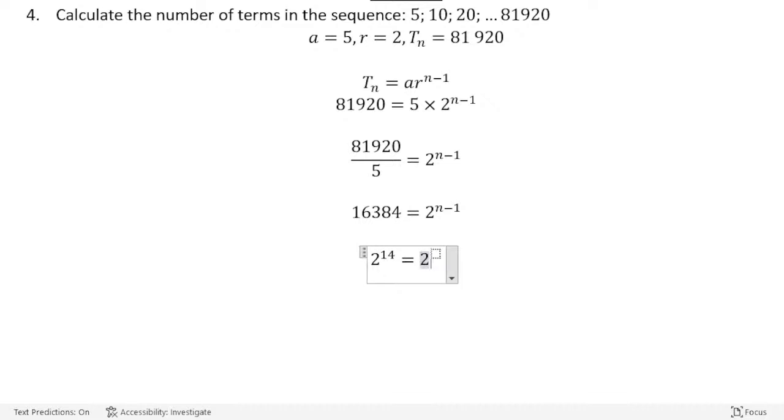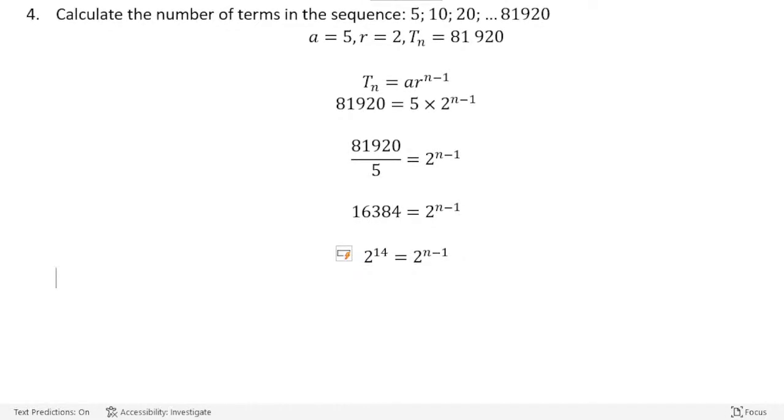So when the bases are the same, we drop the bases and equate the exponents. So if we equate the exponents, it's going to be,